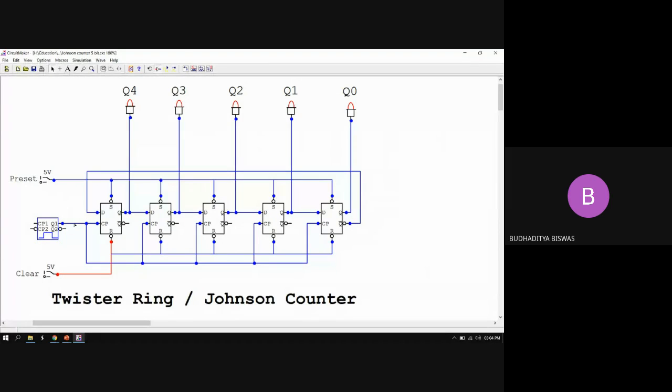All the flip-flops inside this Johnson counter, or twisted ring counter, get the same clock pulse from an external clock source, and the output is taken like this. This is the same except the first one. All the other flip-flops get the clock pulse from the previous flip-flop output, but the first flip-flop gets the clock pulse from the last flip-flop output bar.